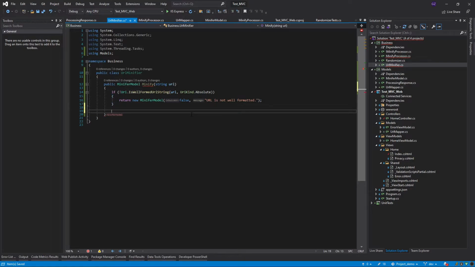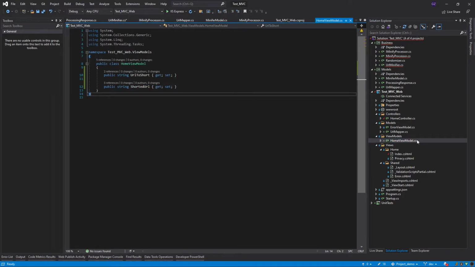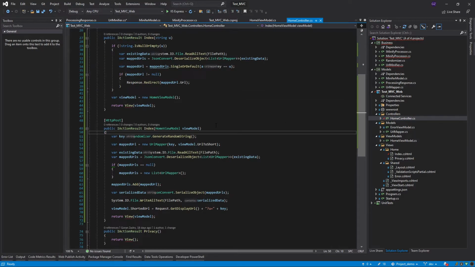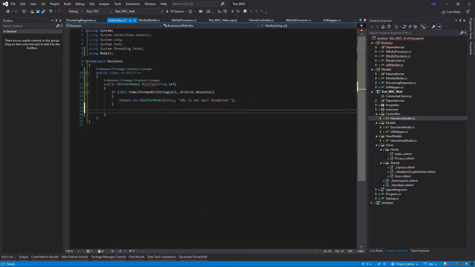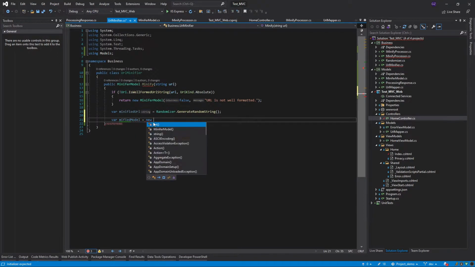So the next thing would be to build a minified URL, and we already did this in a home controller. And we did something like this. So we said randomizer generate random string, and this is something that we're going to do now. So I'm just going to use a bit better names, like minified URL is going to be randomizer, and I'm going to say generate random string. 5 is completely fine. So let me just name it something like var minified model is a new minified model,